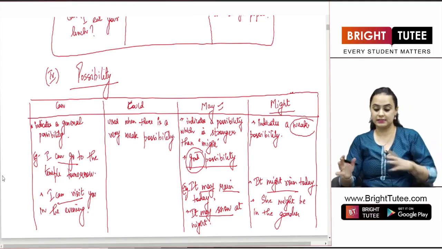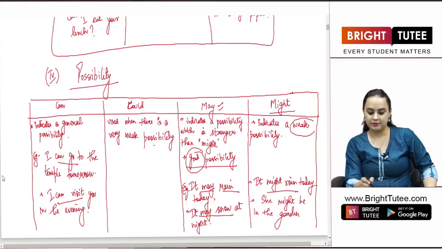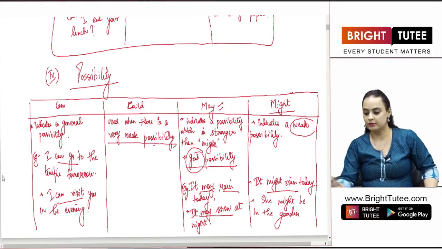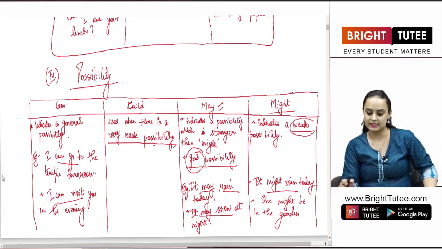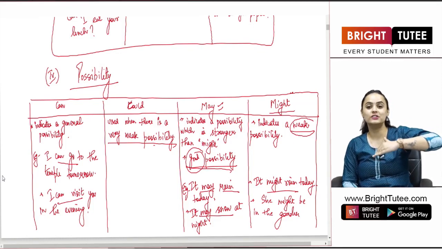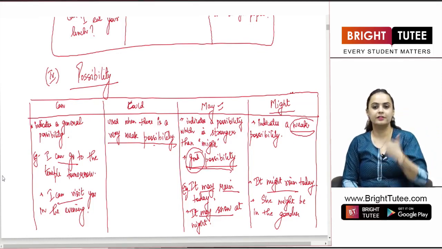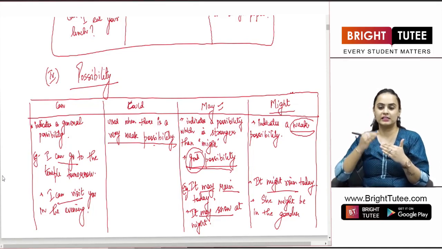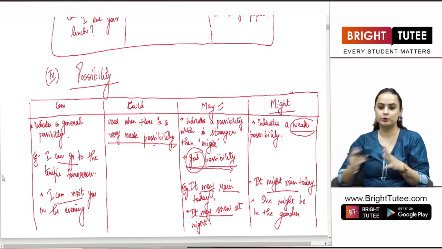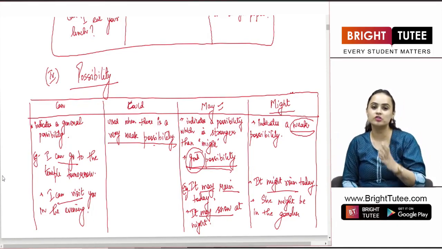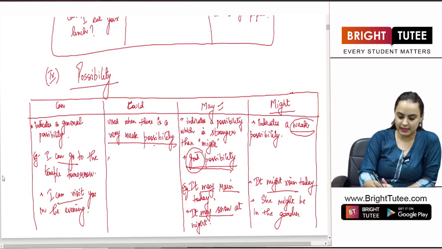So you can understand the comparison. Very weak is could, weak is might, may is a good possibility. So when the chances of something to happen are the lowest, we use could. When the chances are a little better, we use might, and when there are good chances of something to happen, we use may. For example,